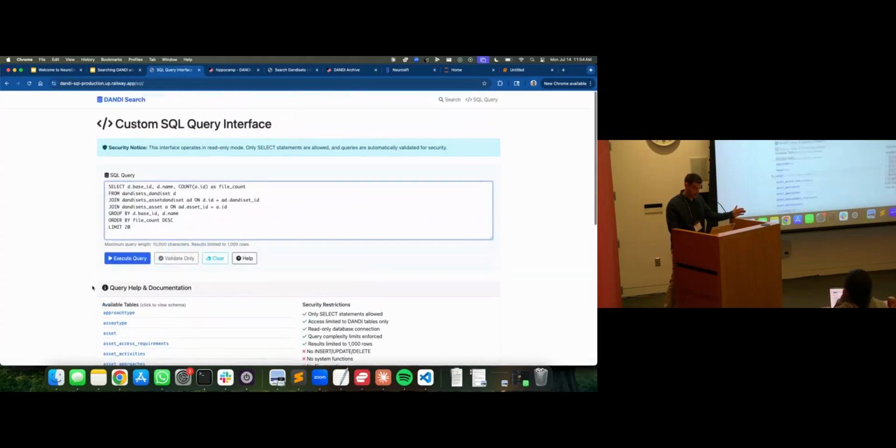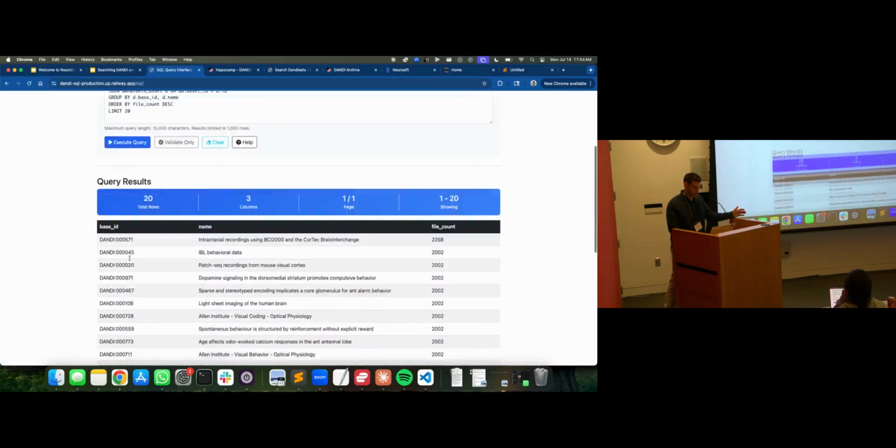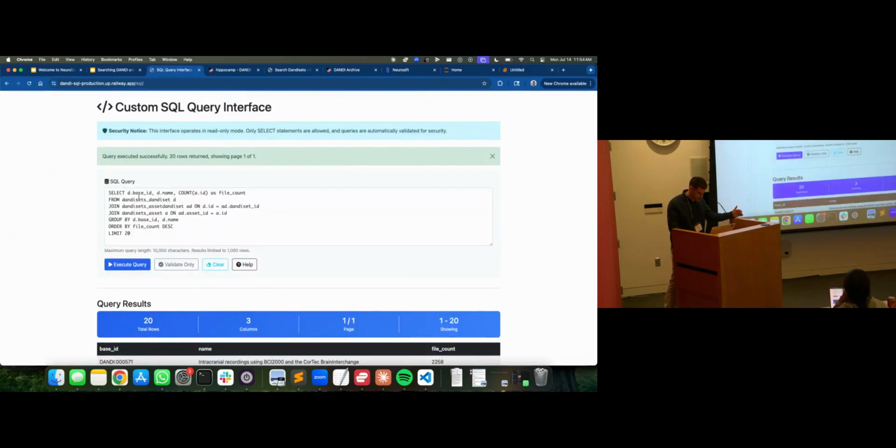Okay, so I'm going to load this in. And SQL, while you may not be familiar with it, reading it is not that bad. It's actually a pretty simple language. So you might be able to look at this, understand it, and see how you might want to make modifications to it. You can execute this query, and basically what this does is it finds all DANDI sets